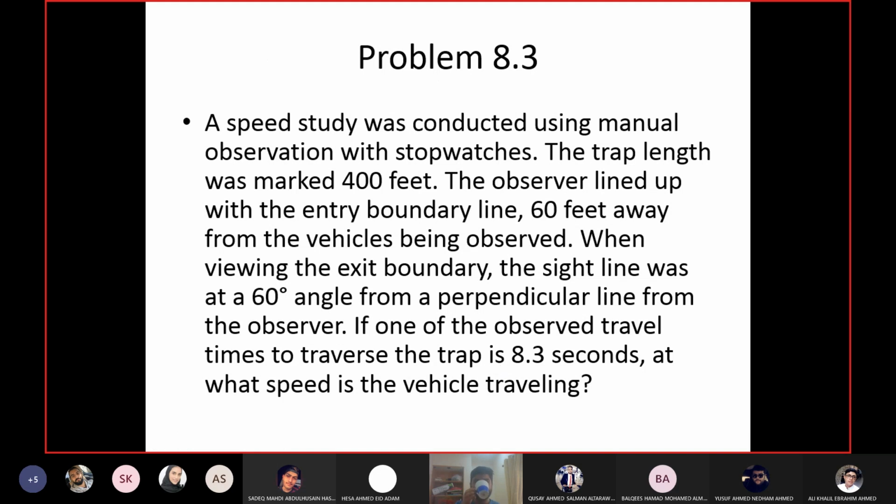Now, for calculating the speed, what should I do? I have the distance, I have the time, right? I should do distance over time. The life will be very easy, but we don't want to make your life easy, right? We want to make it as difficult as we can. So simply doing distance upon time is not enough, because you did not take care of the parallax error.